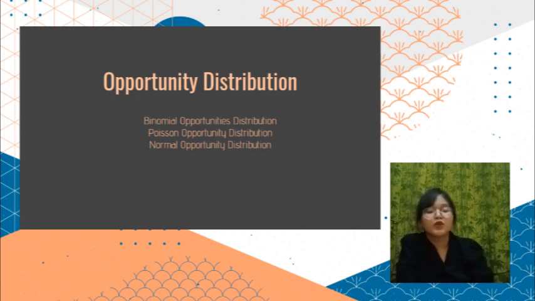Next, probability distributions. Number 1. Binomial probability distribution. Binomial probability is used as a model for the events of a Bernoulli process, although not all the binomial characteristics are met. Number 2. Poisson probability distribution. Poisson probability is used to approximate the binomial distribution. Number 3 is the normal probability distribution. Normal probability is part of the continuous probability distributions.